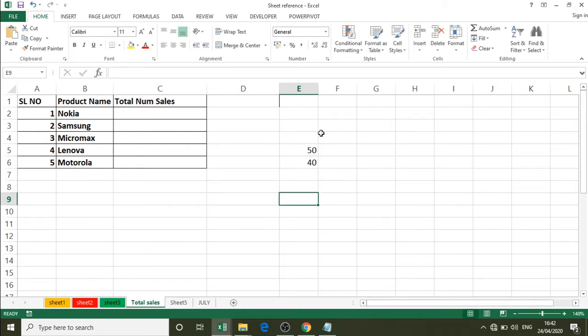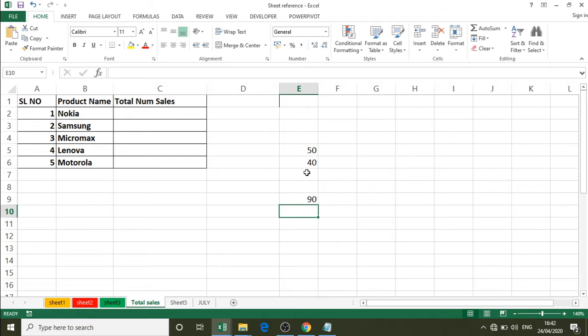So we want to add these two values, that is we want to add the cell addresses E5 and E6. We are using equals, that is cell address E5 plus cell address E6. So this is how we refer to a cell when the data is present in the same sheet. So it is a straightforward method.